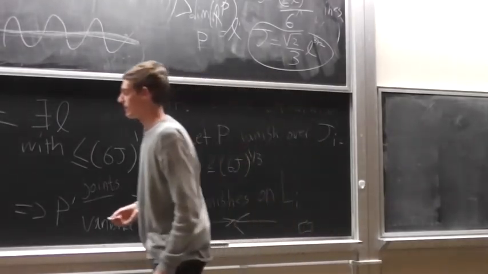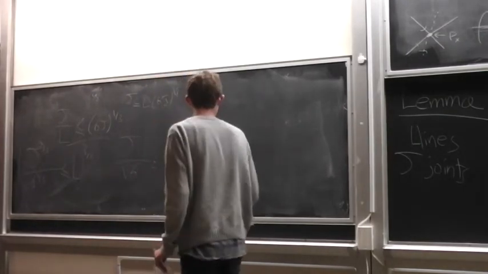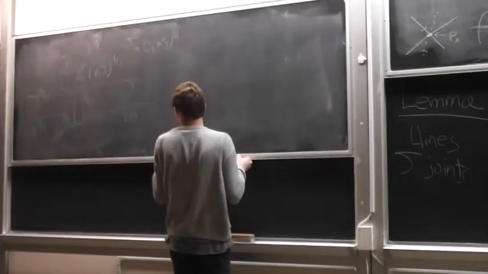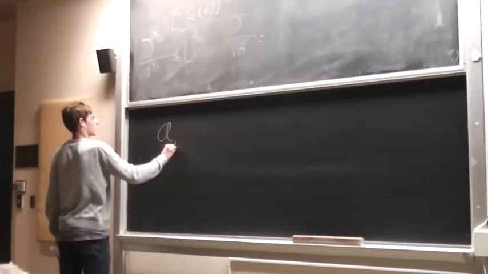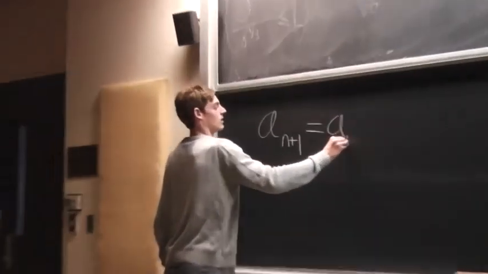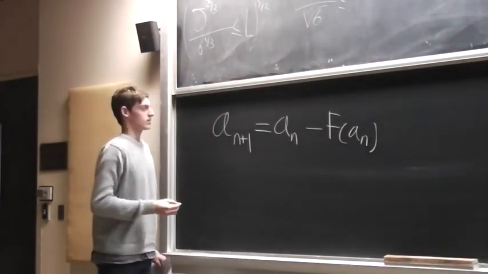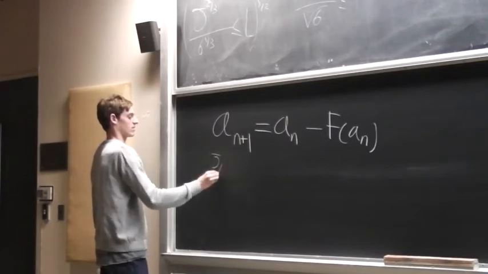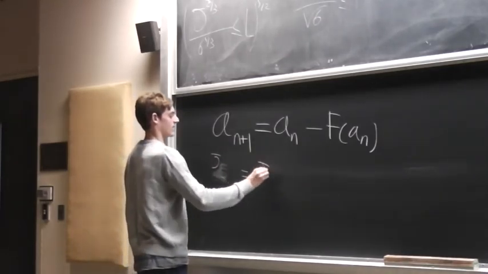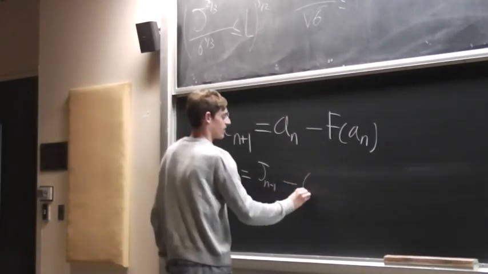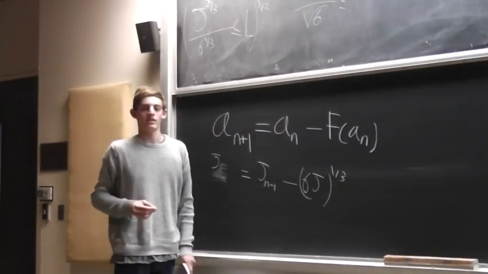So to think about this abstractly, imagine we have a sequence. Okay, so if we think about this abstractly, let's suppose we have a sequence defined by the following rule. So for us, this is going to be the number of joints on a given line. The number of joints. At each step, we decrease by the number of joints we had in the previous configuration. We decrease it by this much. And this makes sense because we were allowed to decrease it by this much by that one. Okay. But just think about